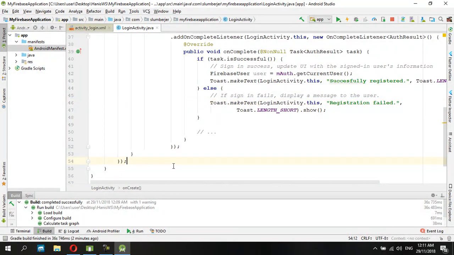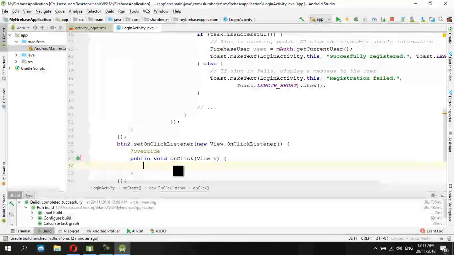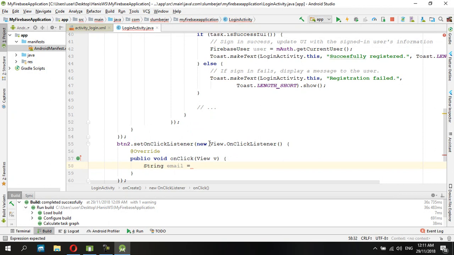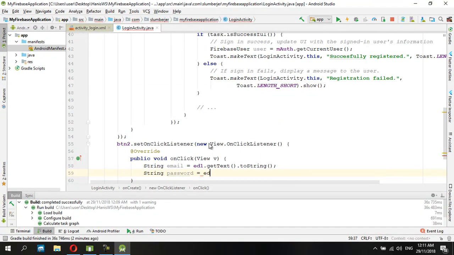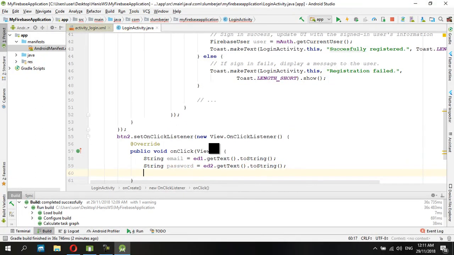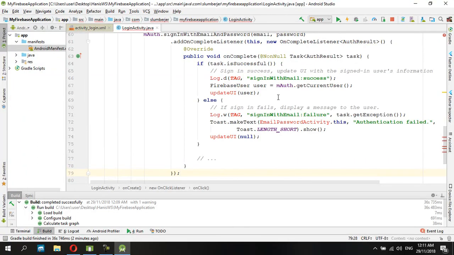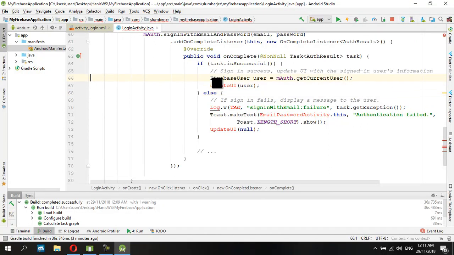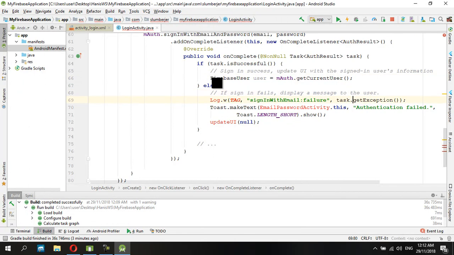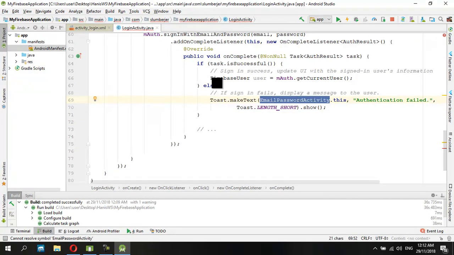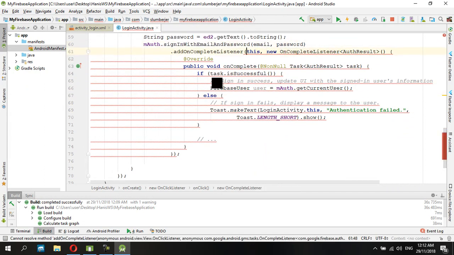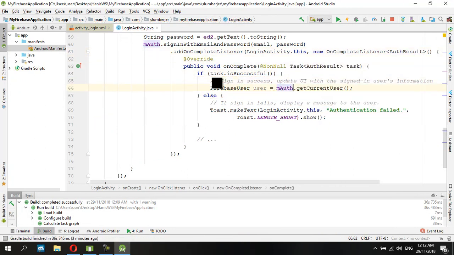So my login code now for button 2, btn2, setOnClickListener, new OnClickListener. So inside here again, I'm going to take username and password. So email, String email equal ed1.getText().toString(), String password equal ed2.getText().toString(), and in here I'm going to use the code that I got. So I don't need this, and also updateUI, we don't have that. And also for this log and this one, and this LoginActivity.this, and this one also the same, LoginActivity.this, and here I'm going to close